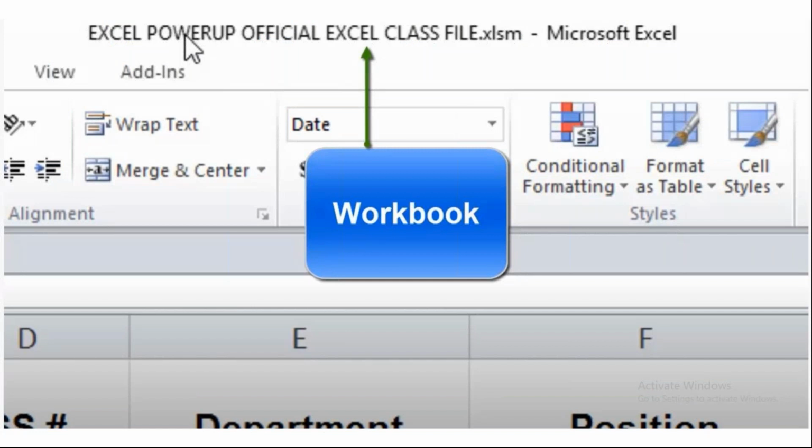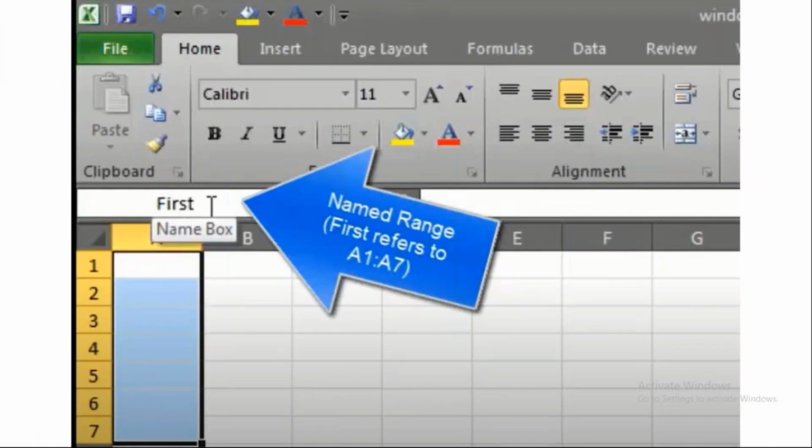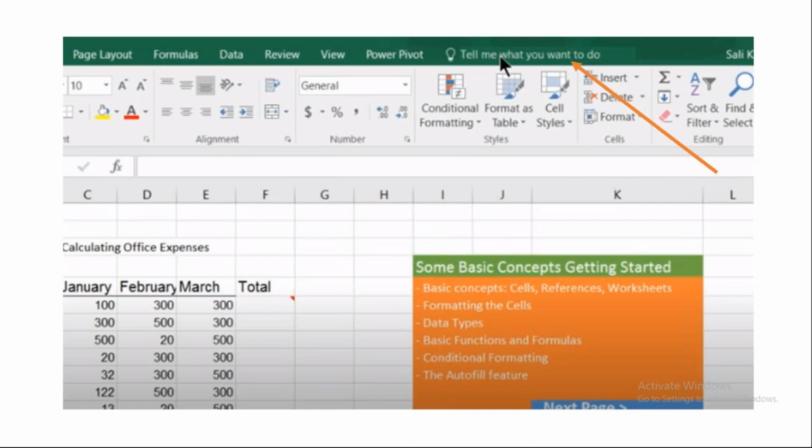And a workbook: every Excel file, or every Excel book, is nothing but a workbook. It will be named with either XLSX, which is the latest version, or XLSM. But usually, if you observe, when you save it the format is XLSX. That's something you keep in mind. In the workbook, you also have a help button. I'm sure all of you are aware of it.